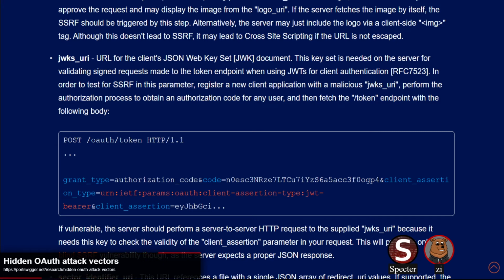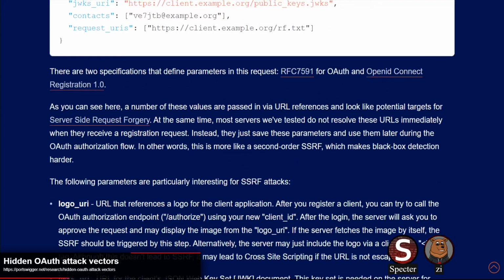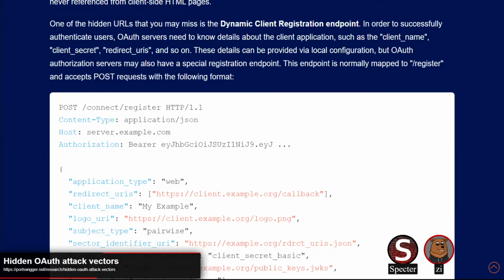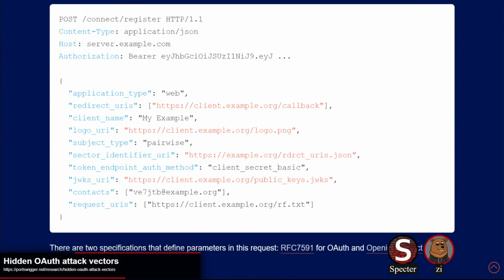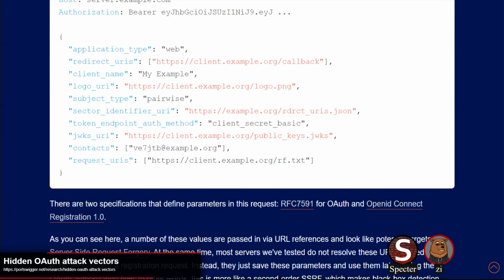I'm pretty familiar with the client flow and how the different flows work. Not so much with some of the backend things that maybe aren't quite so obvious. So actually digging into them a little bit, one of the things they point out is this whole register endpoint. I guess a lot of them will have an endpoint that you can use to register your own client. So usually you need a client, so you can provide the client ID so users know who's asking for my information from this service.